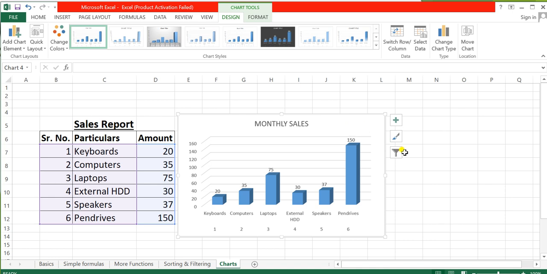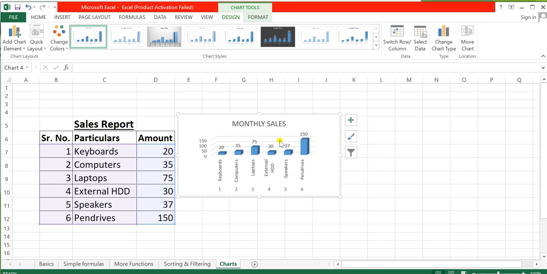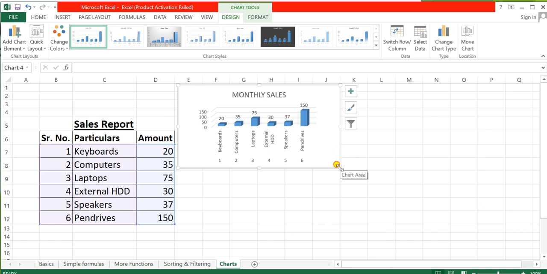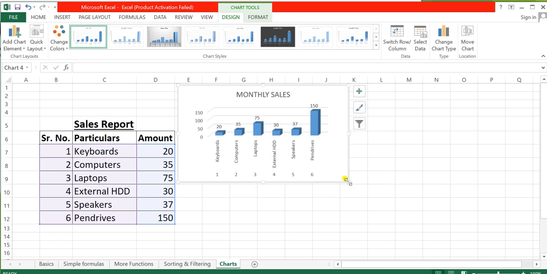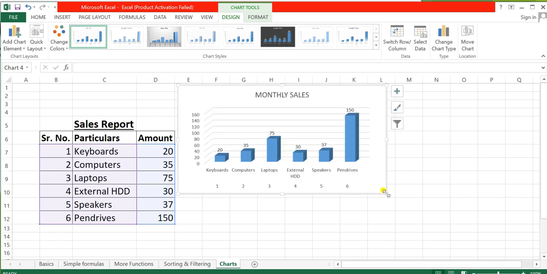Now you can also display different types. I will show you other types also. Let me make it small. So this is one type we have inserted. See, according to the size it gets adjusted to the window.